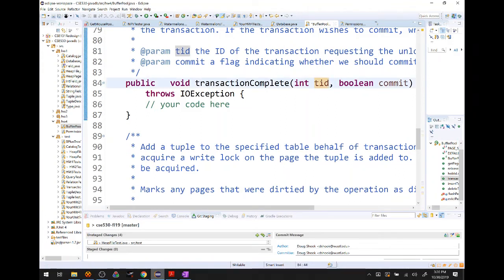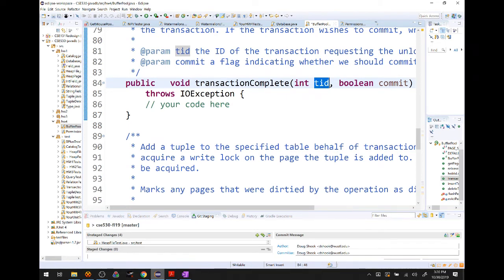Oh yeah, notice that, while I certainly could have asked you to do this, there's no transaction object here, right? There's no concept of a transaction object. I think you certainly could create a transaction object. I don't think that it's necessary to perform the tasks that are being asked of you on this lab. A transaction exists mostly via its ID number, right? So with every operation that can be performed, we pass along the transaction ID number, and that's what we use to track the various transactions.